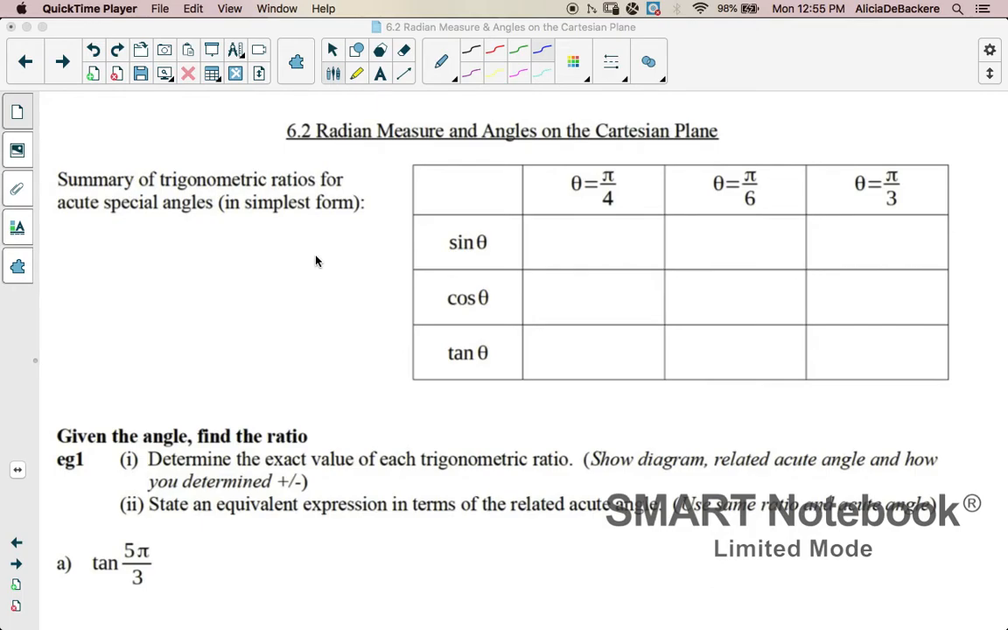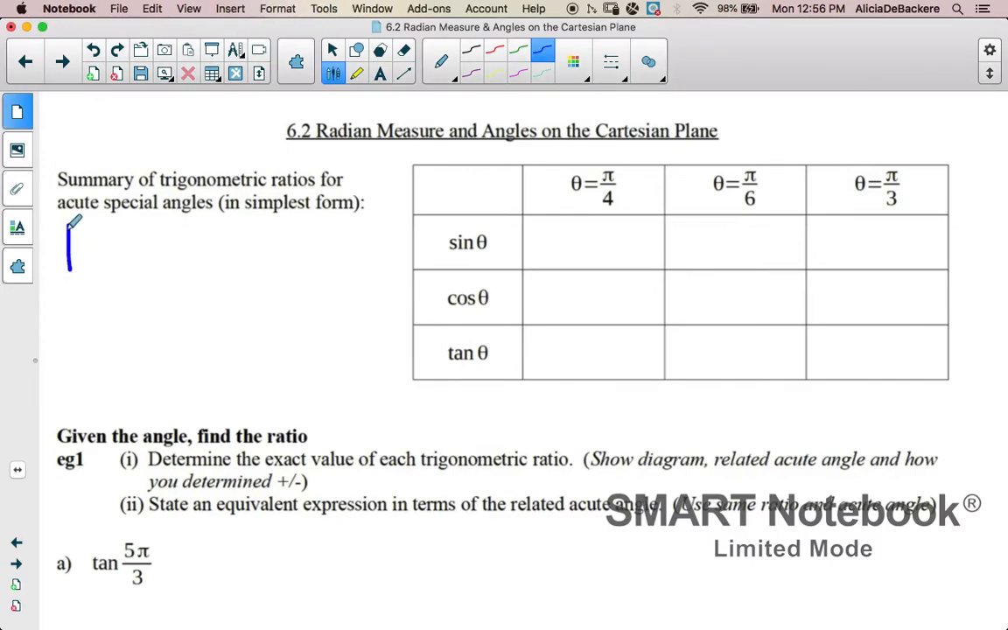Okay, welcome to lesson 6.2 on radian measure and angles on the Cartesian plane. We're going to start with a summary of the trig ratios for the acute special angles in simplest form. So I am going to change those so that they don't have any roots in the denominator. So the first angle we're going to look at is pi by 4, which you might remember is the same as 45 degrees. So I'm thinking about my special triangle for pi by 4, and that's the